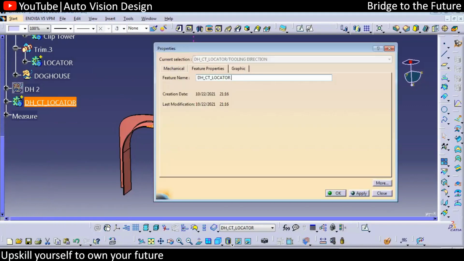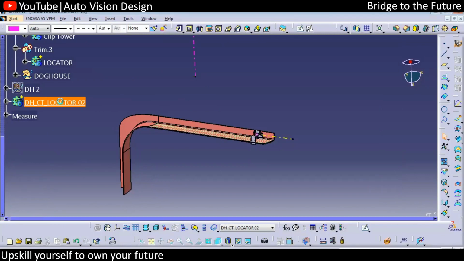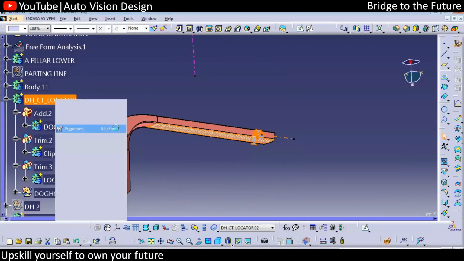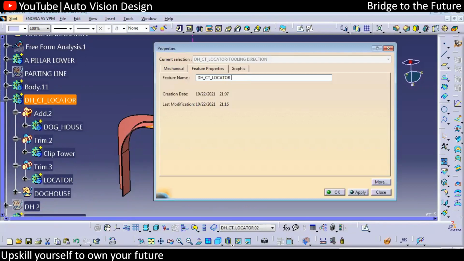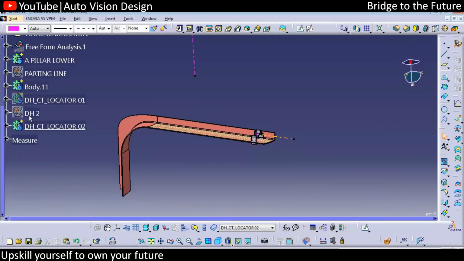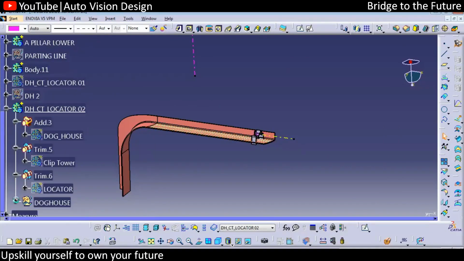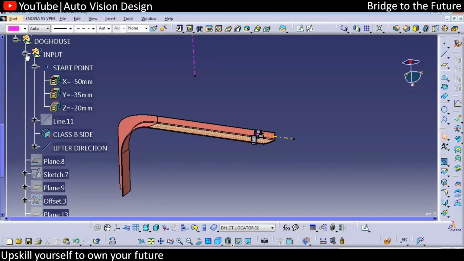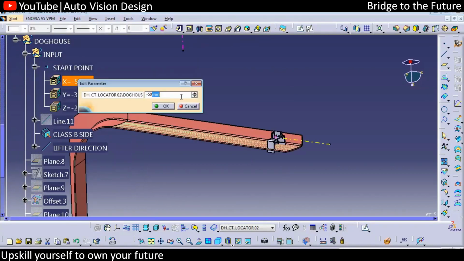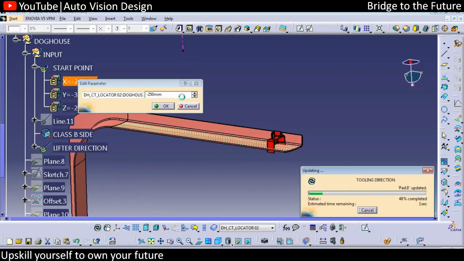Okay, so this Dogos is something like we have Dogos 2. Check for preview, apply. Okay, so here also we have the Dogos 1 at the same location. So this is something like we have Dogos 1. So you can hide this Dogos. And now you need to simply change the point. Okay, so whatever we have the input, you need to simply change the point. With respect to that, you need to check right to minus 200 somewhere.